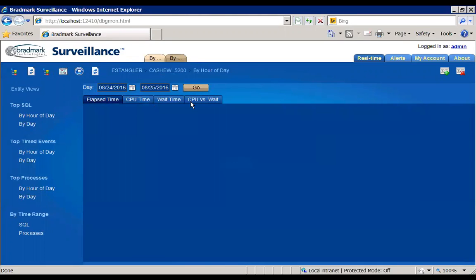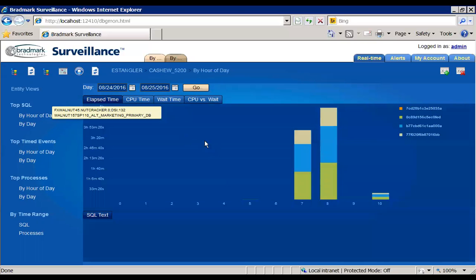Okay, well, what we're doing is we're querying the last day's worth of SQL and seeing who's the top SQL in the last day. Okay, and so here we have, you can see in the last 10 hours I have data, and there was some kind of event that happened around 7 or 8. This is a fairly idle ASE database, but I can see there was a particular event around 7 or 8 my time, and then of course I have a little bit of something going on here,